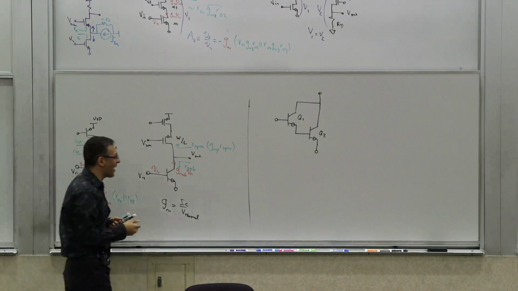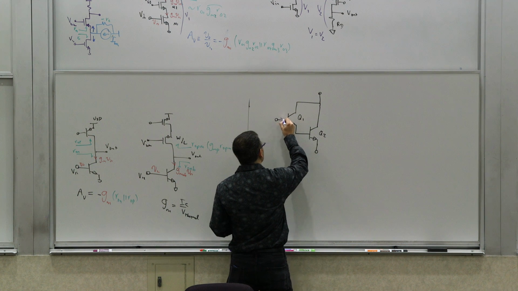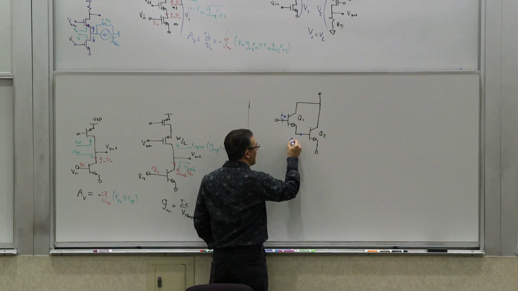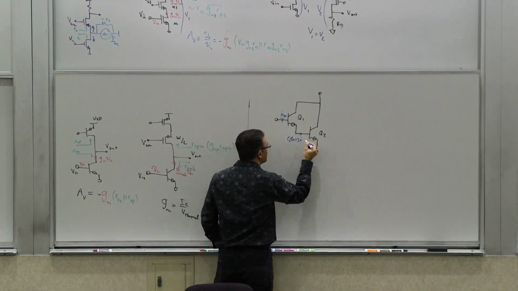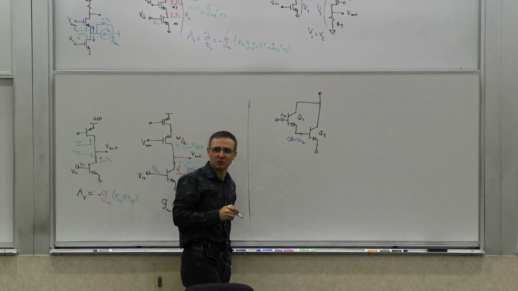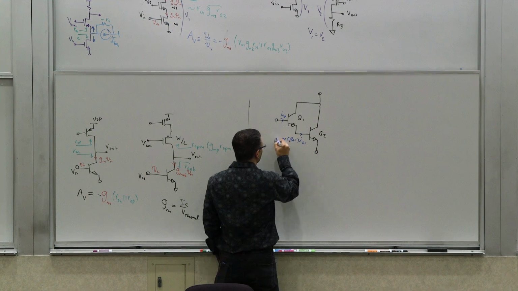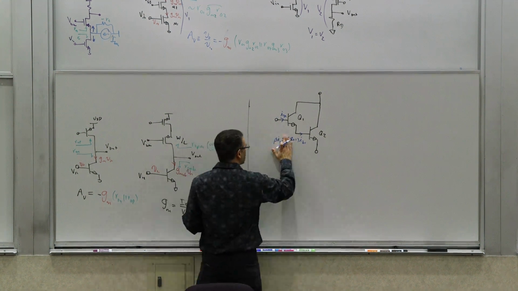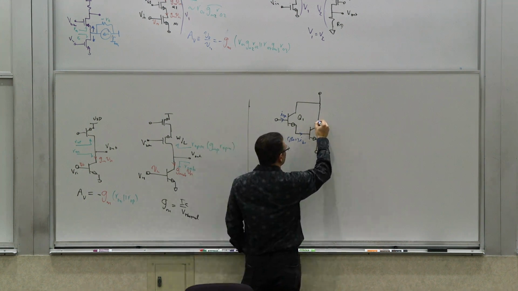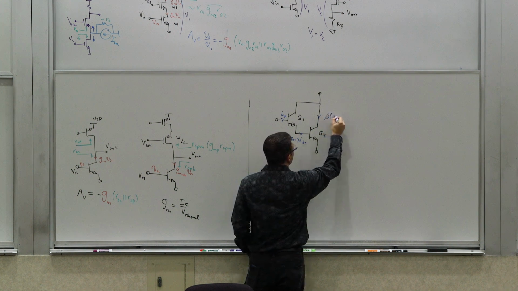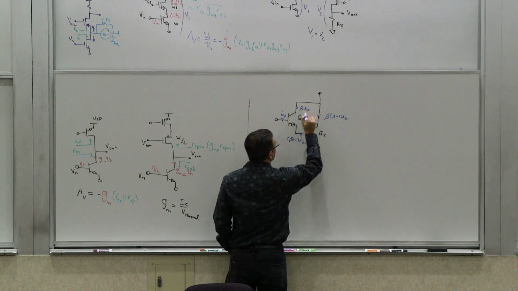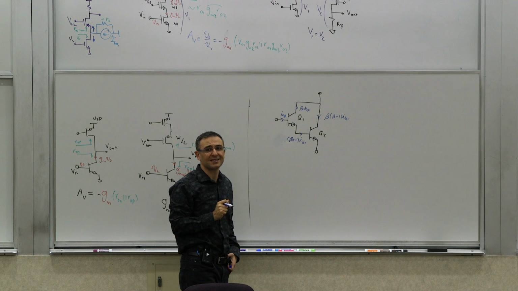Current gain, right? Why? Because if this current is IB, let's call it IB1, this current, which is basically IE1, is going to be beta plus 1, well, practically beta, which is the same thing as beta plus 1 as far as I'm concerned, times that. But just let's write it precisely and uselessly as this. And then this current is going to get multiplied by another beta. So this current is going to be beta times beta plus 1 IB1. And this current was beta IB1. Assuming that the beta for both transistors is the same,